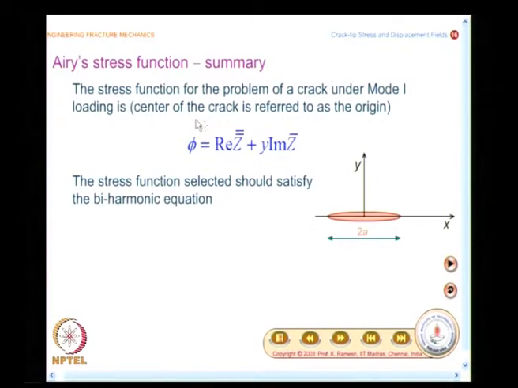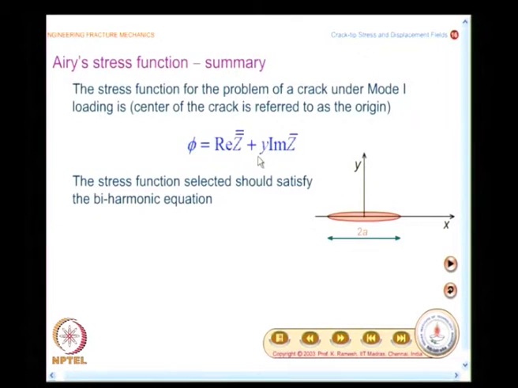Let us continue our discussion on crack tip stress and displacement fields. We had seen elaborately that in theory of elasticity, once the stress function is specified, the problem is completely solved. And in the case of a problem of a crack under mode 1 loading, the Airy stress function is given as real part of Z double bar